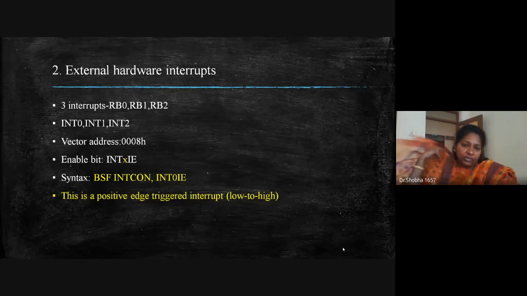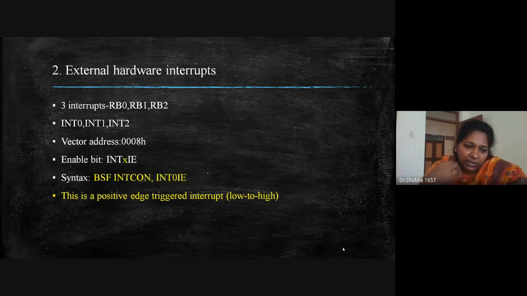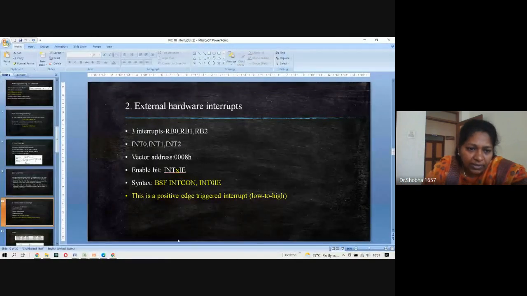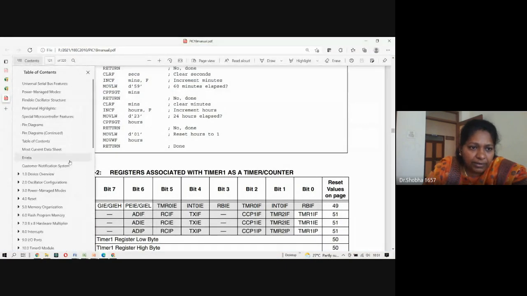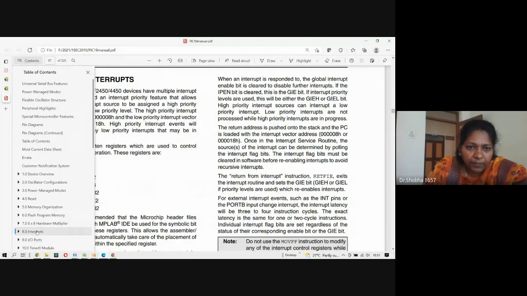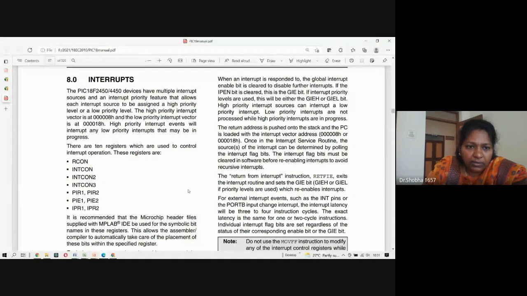This is also a bit available in the register. Better I will show you from the manual so that you understand what all is there in INTCON. If you go to interrupts, you will get the detail of the interrupt register.